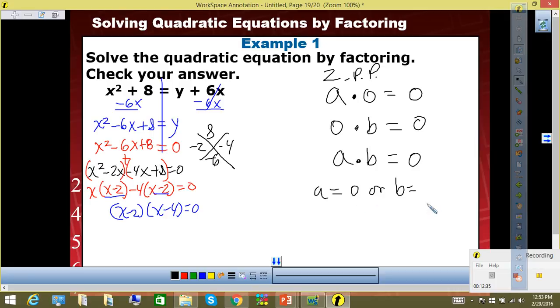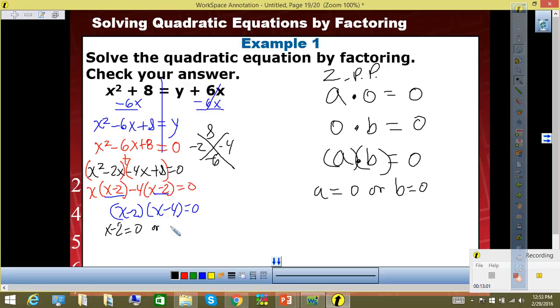Or what could B be? So either one or the other could be 0, right? Well, look at this step right here. These two are multiplying, aren't they? So this is saying that this times this equals 0. Therefore, because of our zero product property, x minus 2 could be 0,